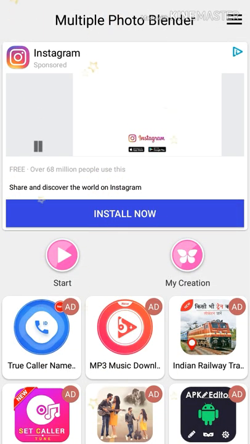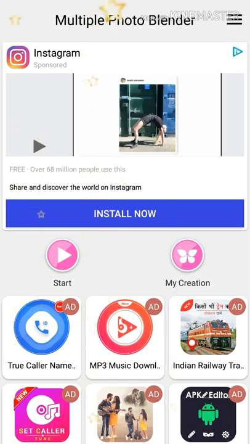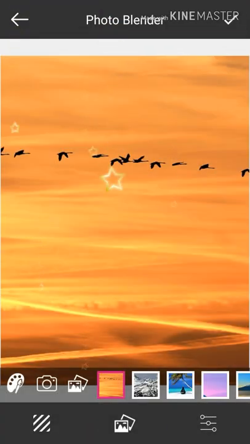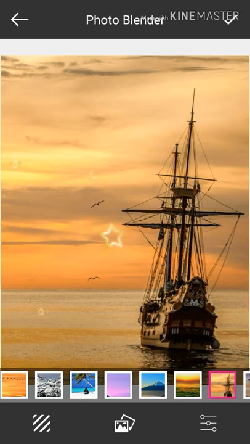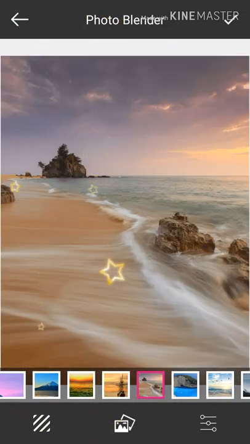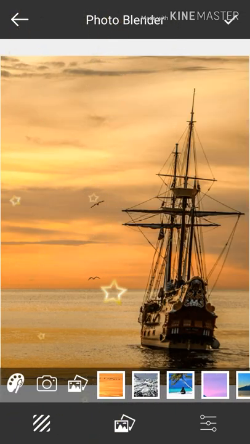Here are only two options. One is Start and the second is My Correction. So we have to use Start first, and we will use My Correction after making the picture. So we have to go here. Close this. Here are multiple backgrounds where you can blend your pictures. Very beautiful backgrounds. From this icon you can paint,